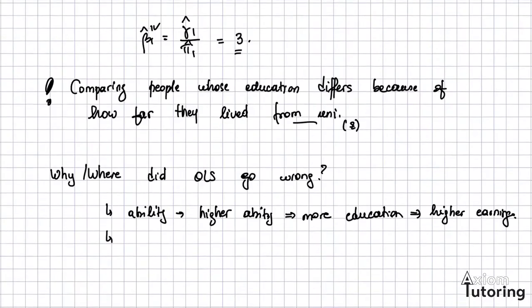You could have also motivation that gives you exactly the same kind of channel: more motivation, more education, higher earnings, which means that overall you have reverse causality